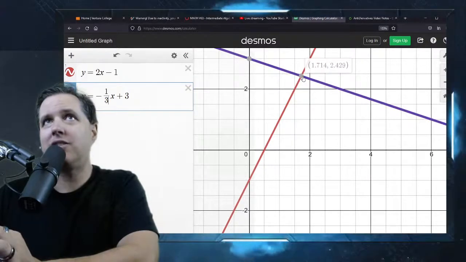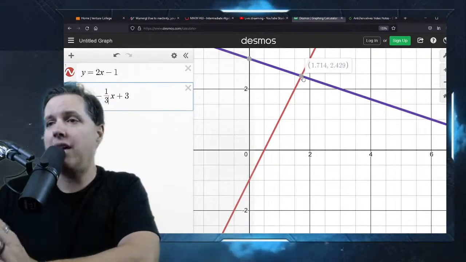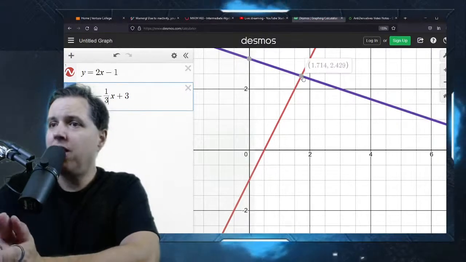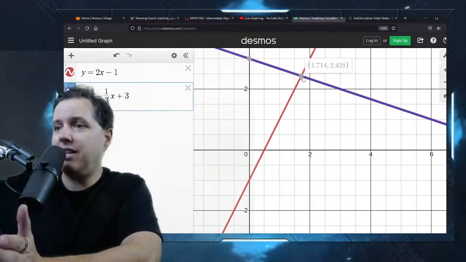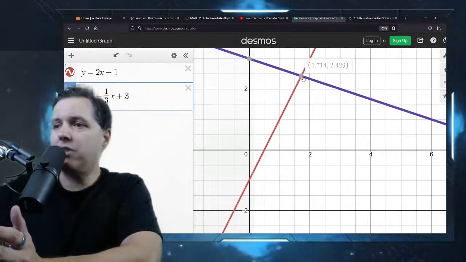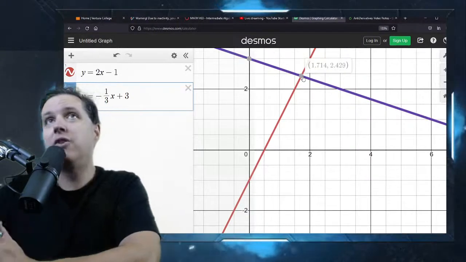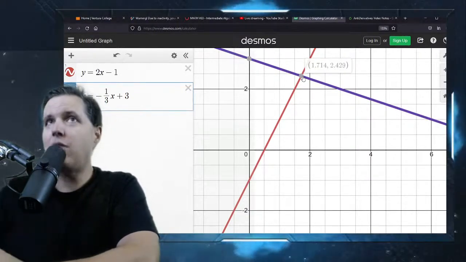The solutions to this are not 1.714 and 2.429. If you calculated them and put them in a calculator, your calculator would give you like 10 digits and then give up. So actually there's a big long number, and the real answer probably goes even further than that. There's a big long number that's being cut off and rounded right here.